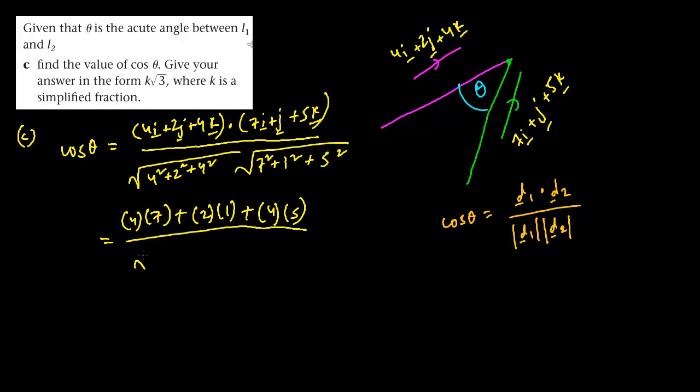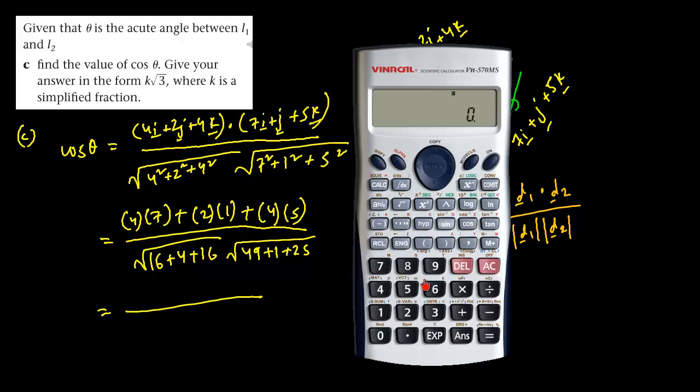So this is going to be square root of 4 squared is 16 plus 2 squared is 4 plus 16. Square root of 7 squared is 49 plus 1 plus 5 squared is 25. So this turns out to be 4 sevens are 28 plus 2 ones are 2 plus 4 fives are 20,